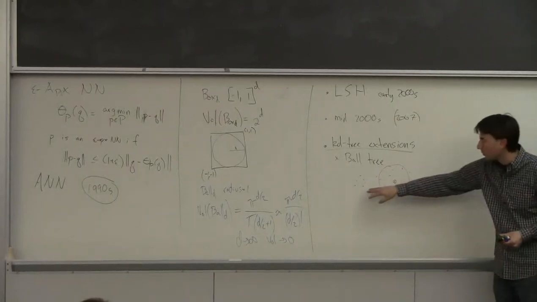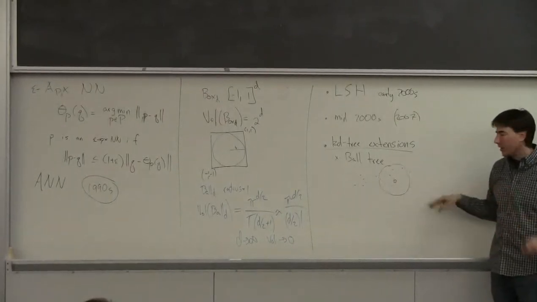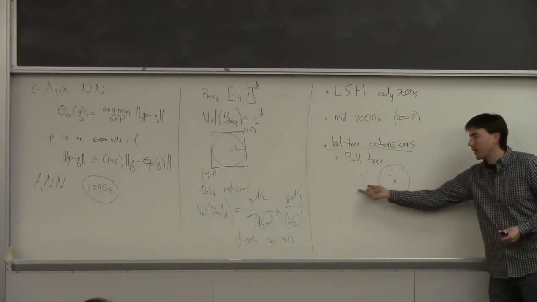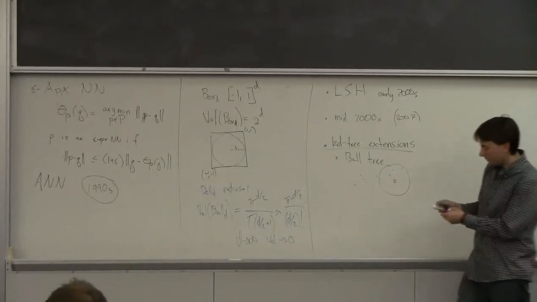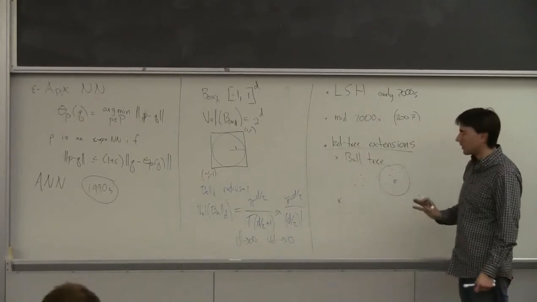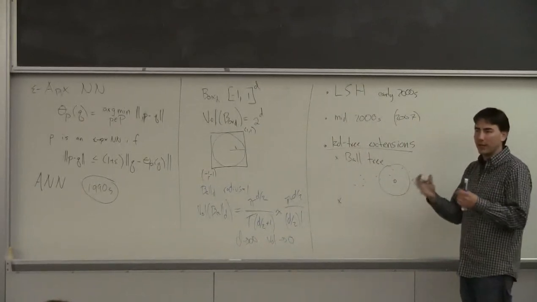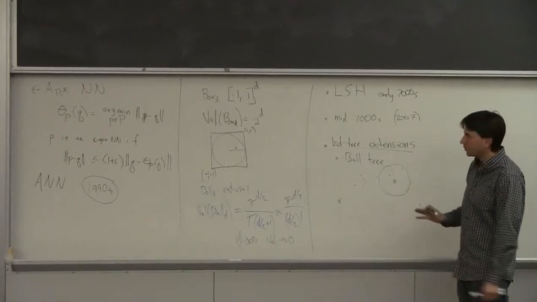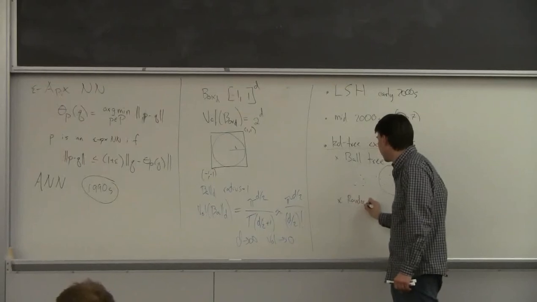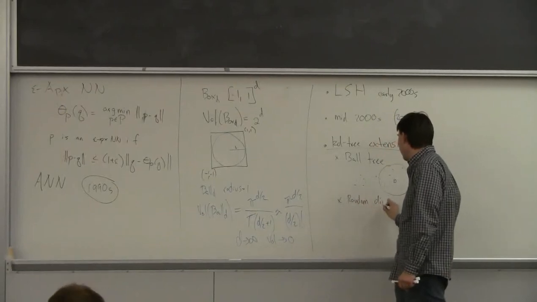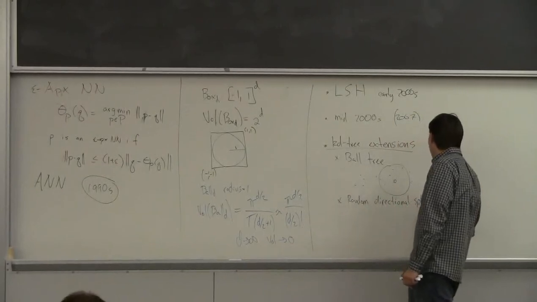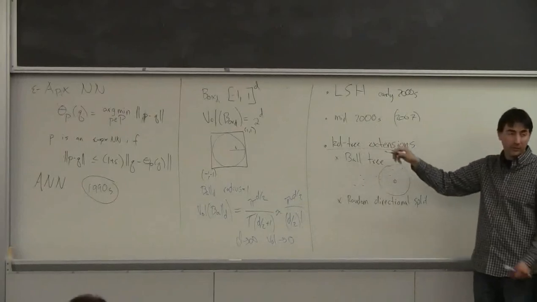But this had this problem where sometimes you get data on two sides, and if you go outside, you're not really working on this half of the points. So there are some better things you can do, and there are two approaches which people have started to understand from a very fundamental level, which actually work well in practice. One is a random directional split, so instead of picking an X, Y, Z split and keep rotating,